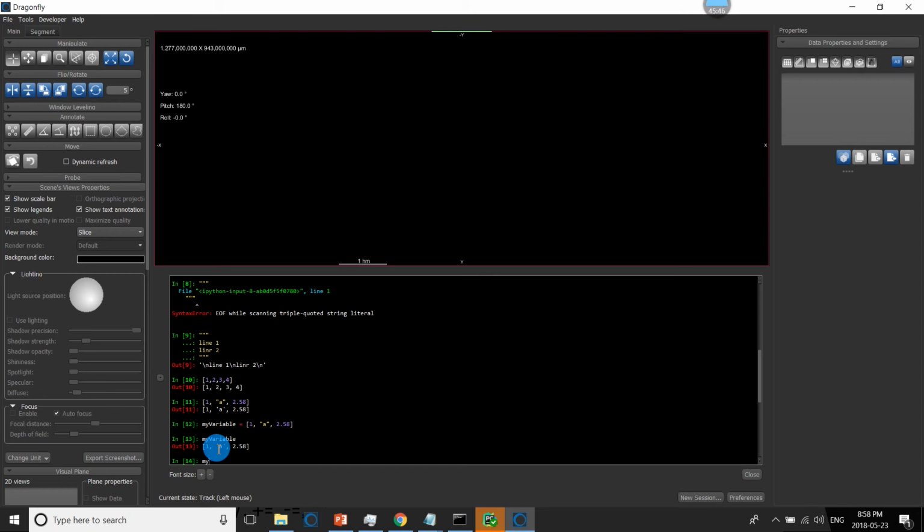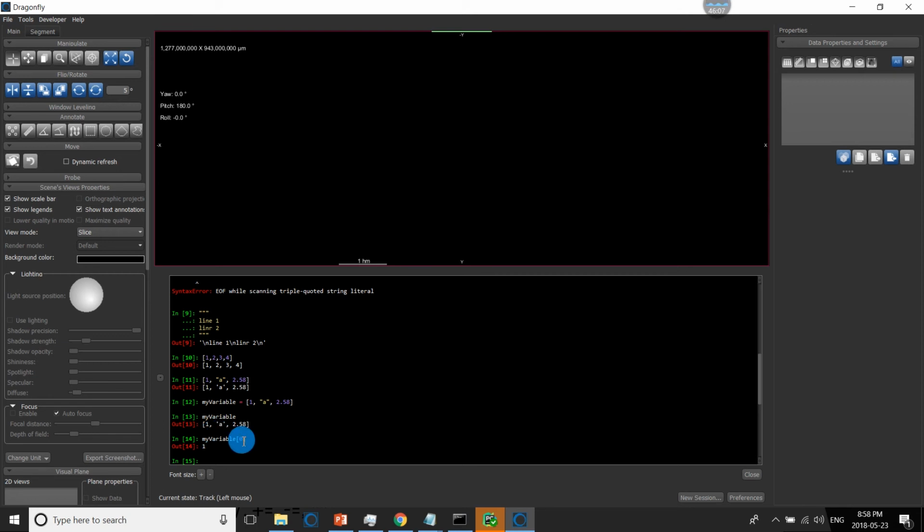In Python, you can assign these objects to a variable, and variable assignment is with the equal sign. So you can give your variable a name.